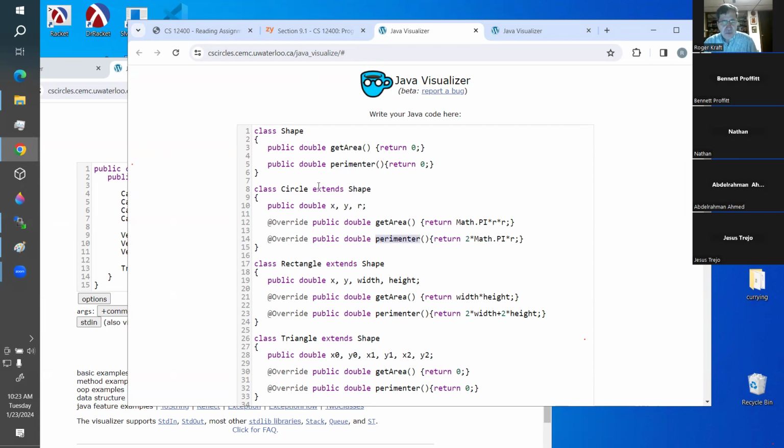Okay. And notice that a circle needs to know some data about itself. So this is the coordinates of the center of the circle, and that's its radius. Okay, notice that this data is new. It's not in shape. Notice that the shape doesn't hold any data, because I don't really know what information you need to describe a general shape. So if we go back and think in terms of this picture,